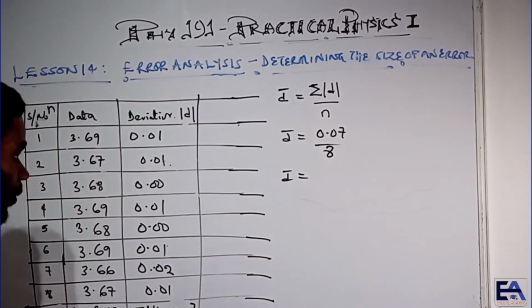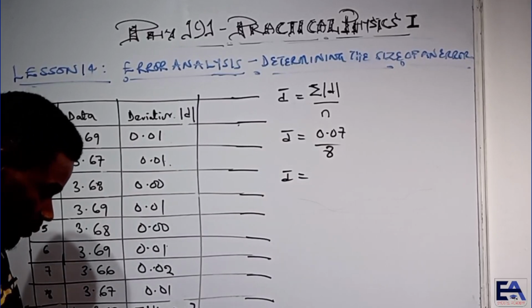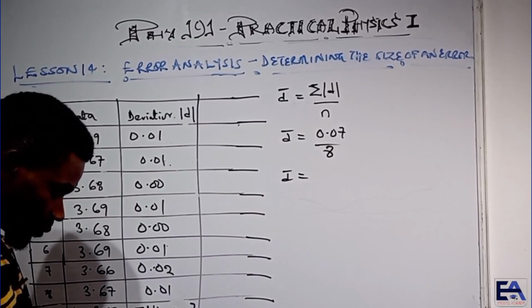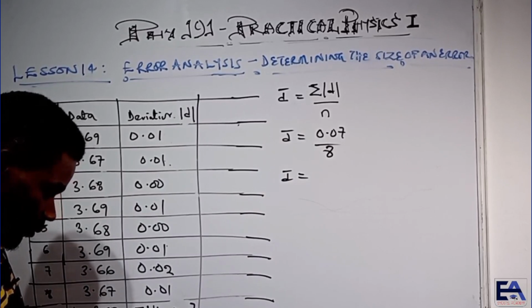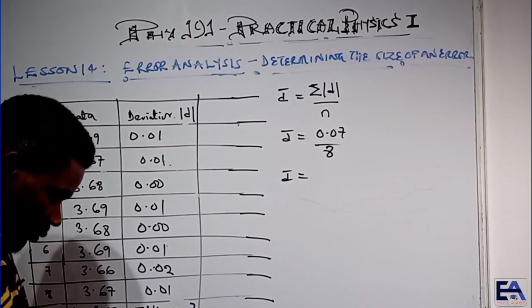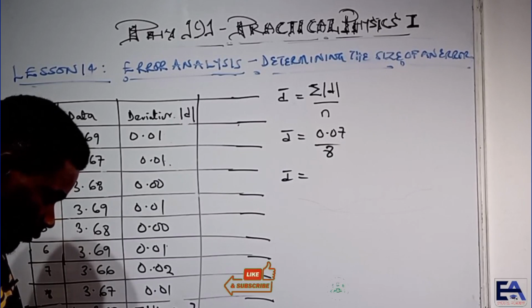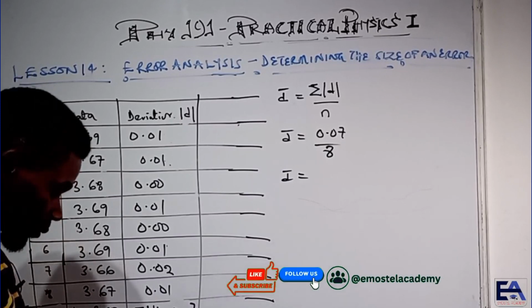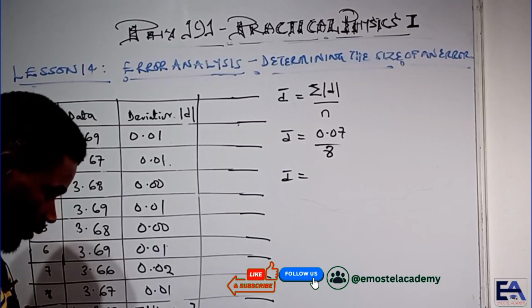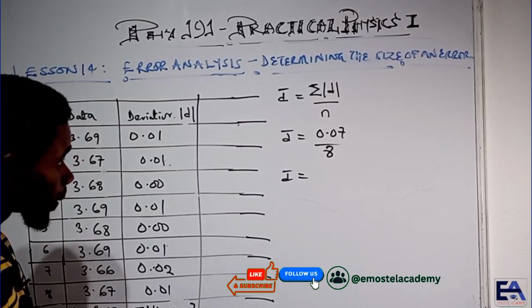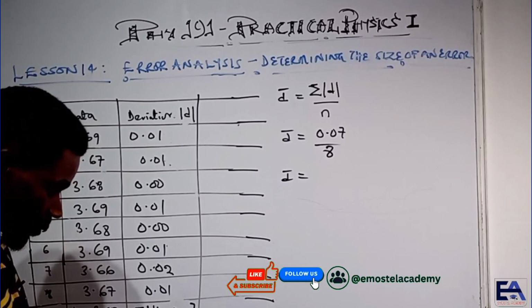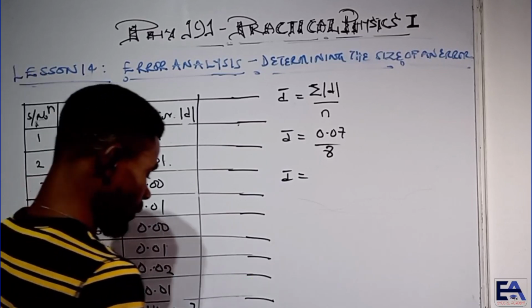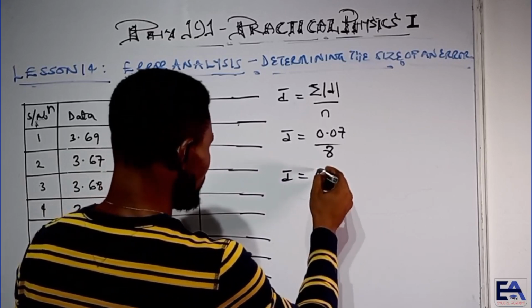So now I think I'm going to need this calculator. Okay, so we have 0.07 divided by 8. Okay, so the answer we got for that is